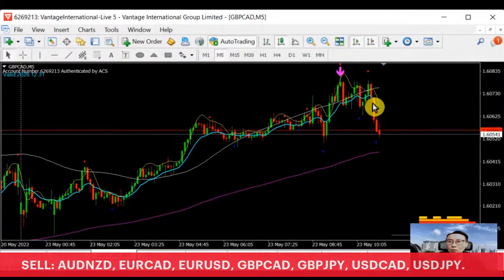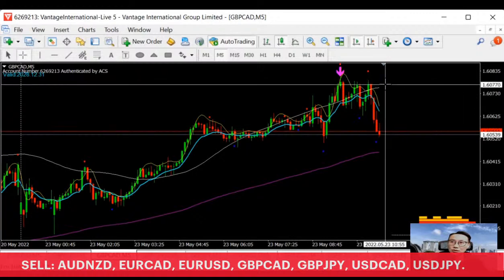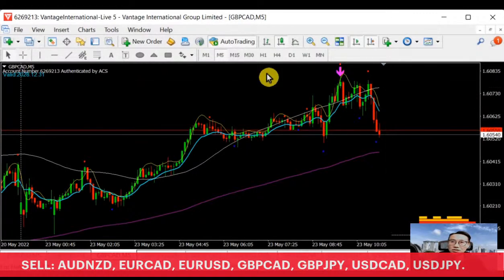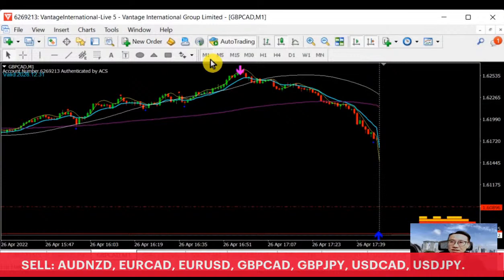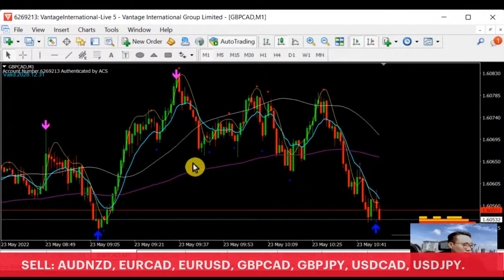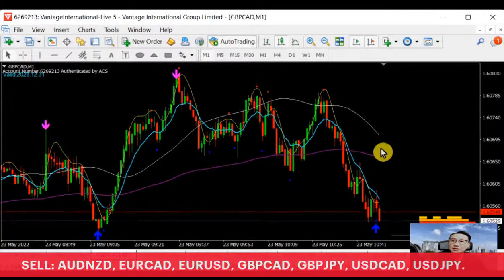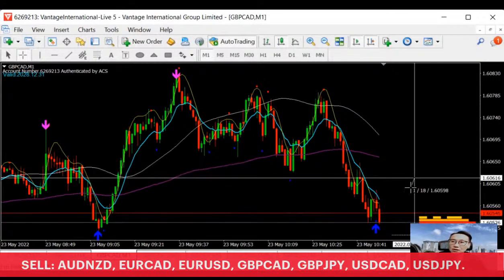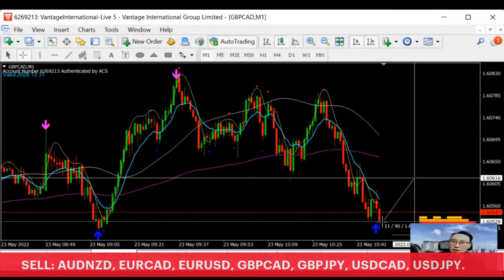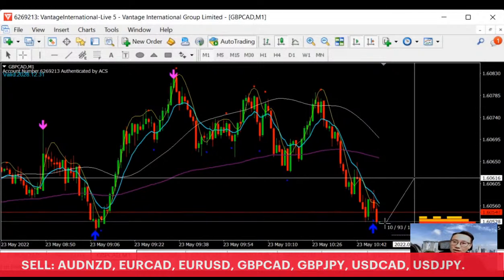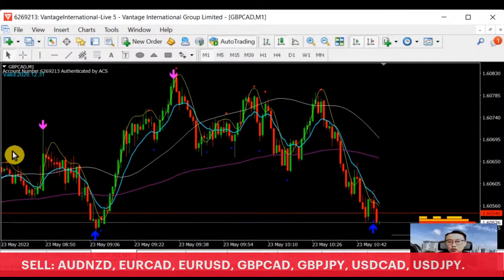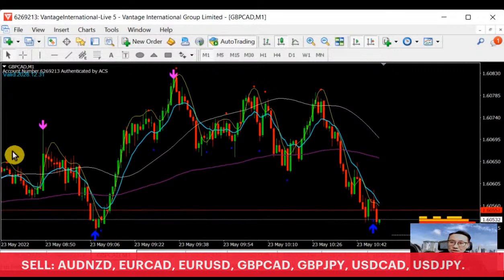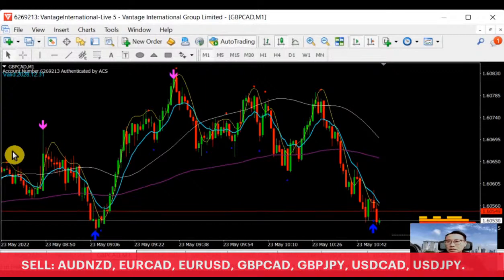I have already missed out once. I missed out one selling over here at this point. This is the resistance area. Let's take a look at M1, how does it fare? Over here, the trigger has already gone. One entry point has already happened, and it's now come down about 9 pips as of now. So I'm not going to chase this trigger, because at end of day, it is always not a good habit to chase.